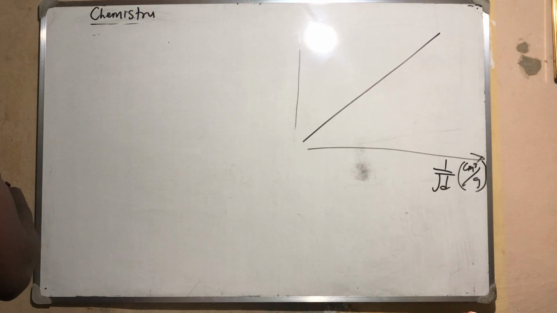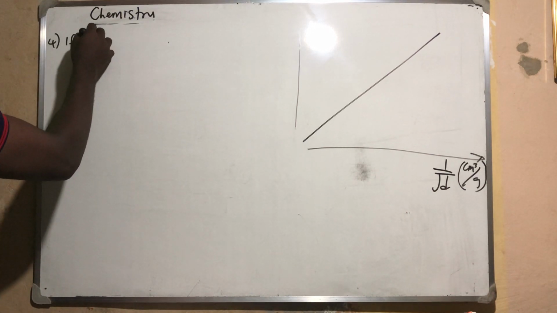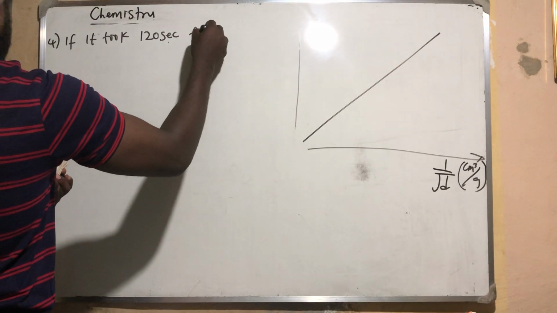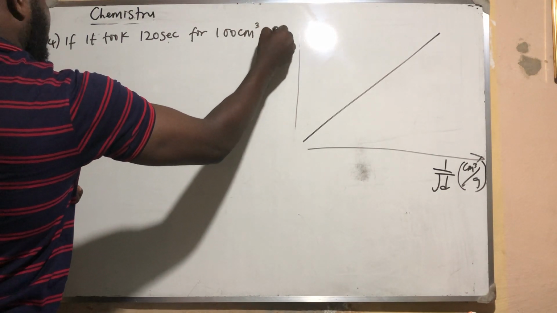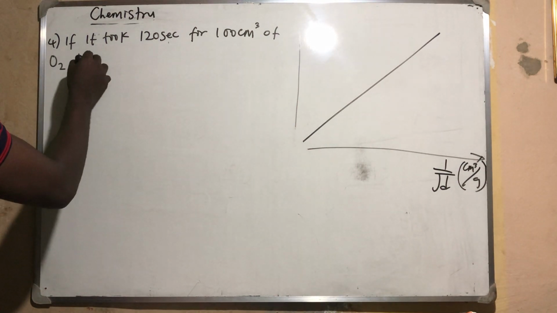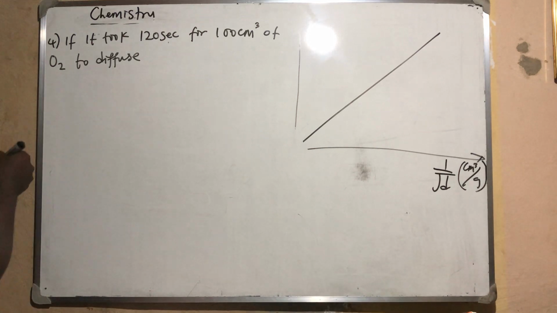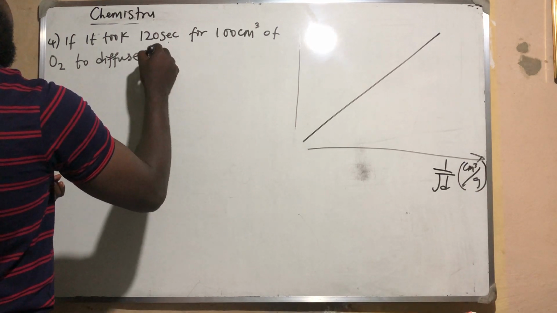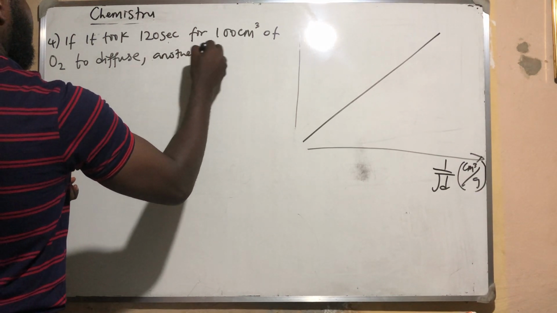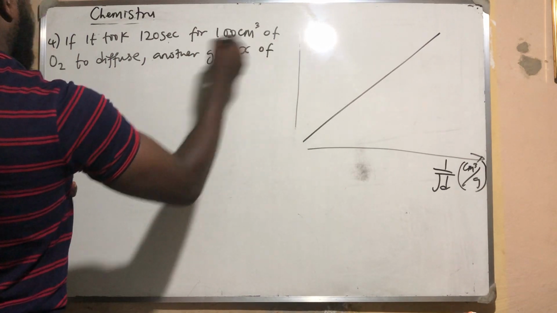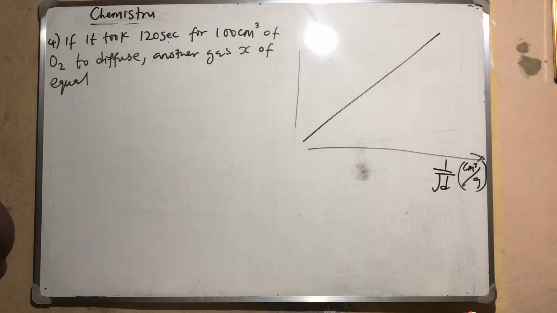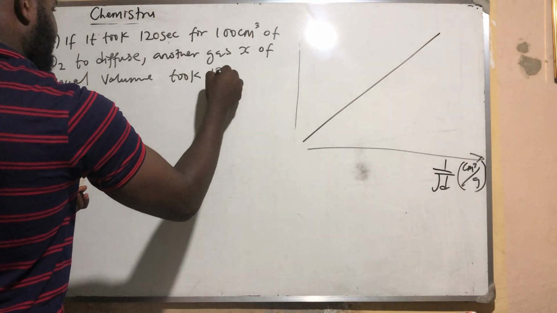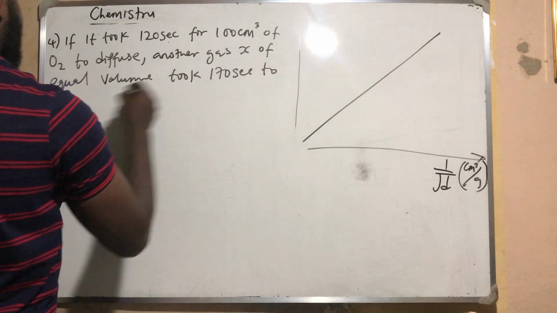So the next question, question number 4, said if it took 120 seconds for 100 cm cube of O2 to diffuse, and another gas X of equal volume took 170 seconds to diffuse,